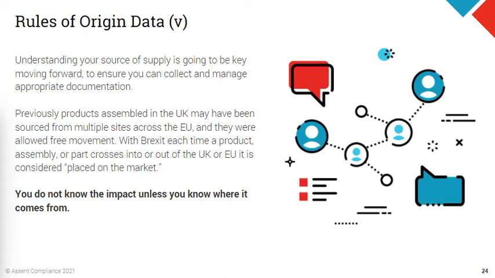Yeah, ultimately speaking, when we talk about this, we're talking about a lot of free trade agreements and tariff codes. So understanding the rules of origin data is going to be extremely key moving forward. And when we're talking about your current systems today, on the next slide, we have some questions to take back internally to see where your programs stack up and where there may be gaps. But unless you really understand where your products are coming from, you're not really going to understand the impacts to the business. And this could apply outside of the trade compliance space. And we'll get into that when we talk about the SCIP database to some capacity.